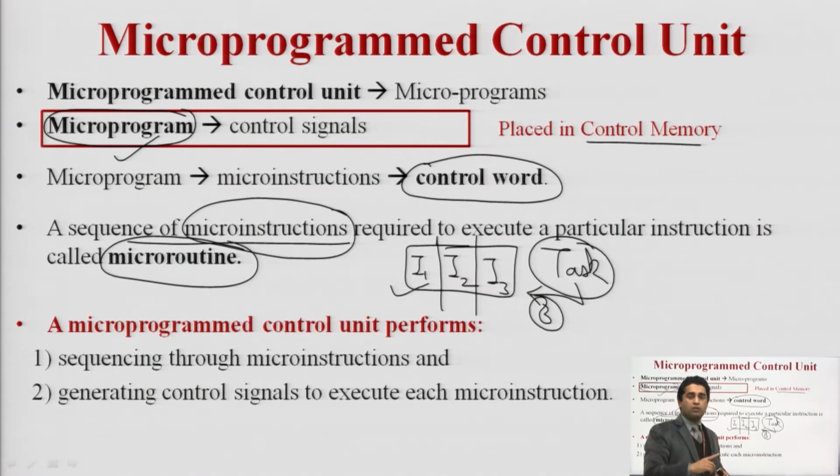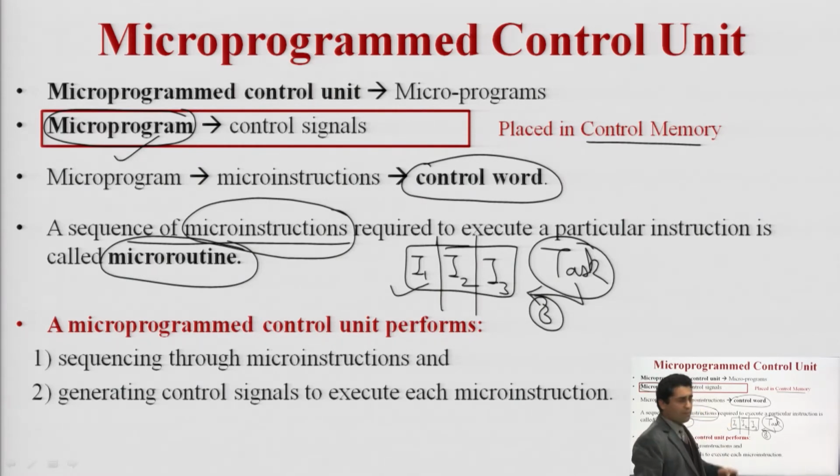When micro instruction 1 is executed, micro instruction 2 is executed, micro instruction 3 is executed, now my task is complete. So here the control memory is there with all the micro programs, micro instructions, and here the microprogrammed control unit is keeping track of how many instructions are pending, how many new instructions are coming, and how we are ordering these instructions and codes.